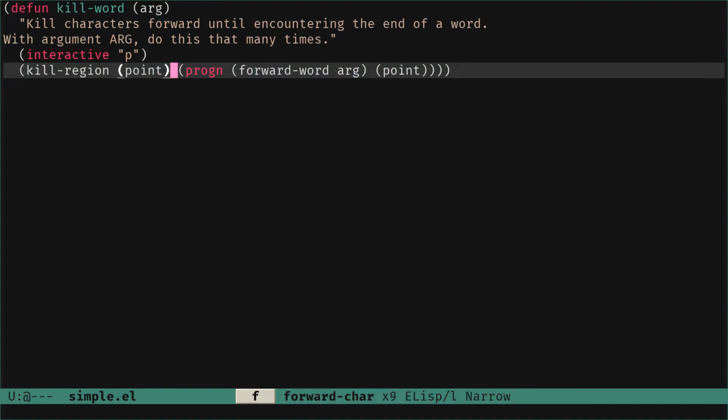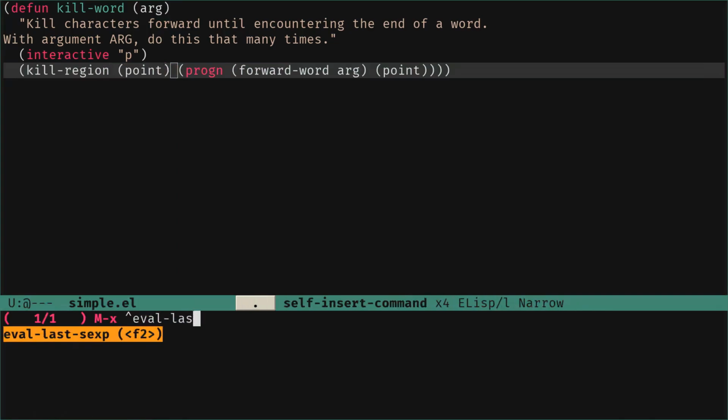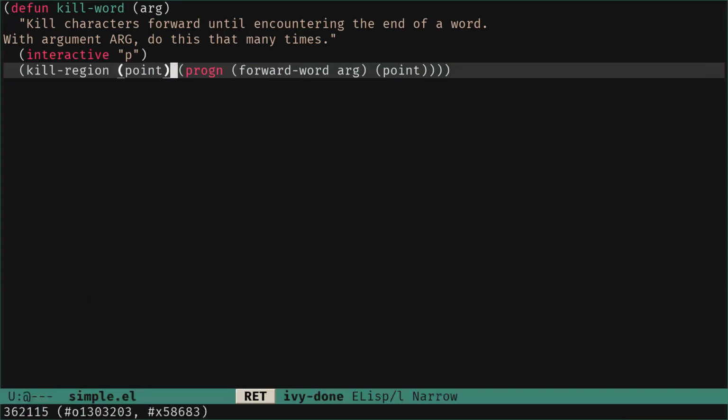Here, for instance, point, I can call eval last expression, and you see a number. This is the point where we are in the buffer, where the cursor is. And then we have other things, so progn, forward words, and all of those things that we can do.